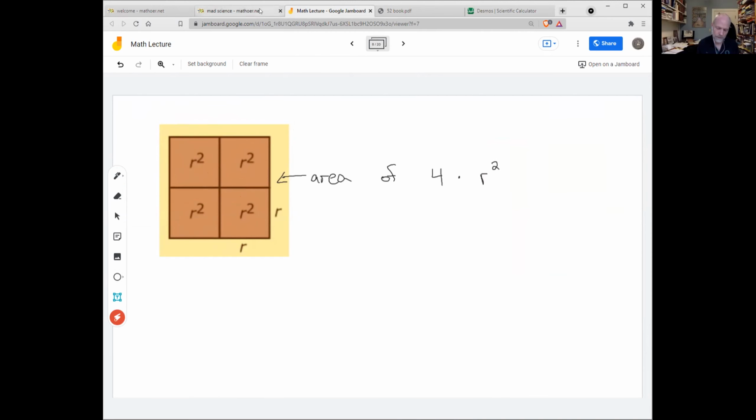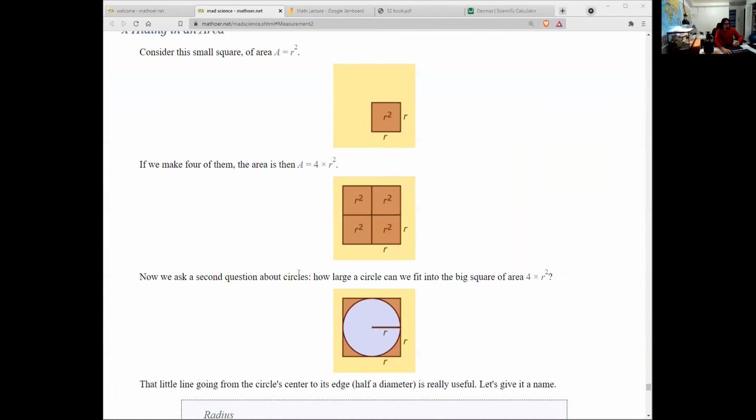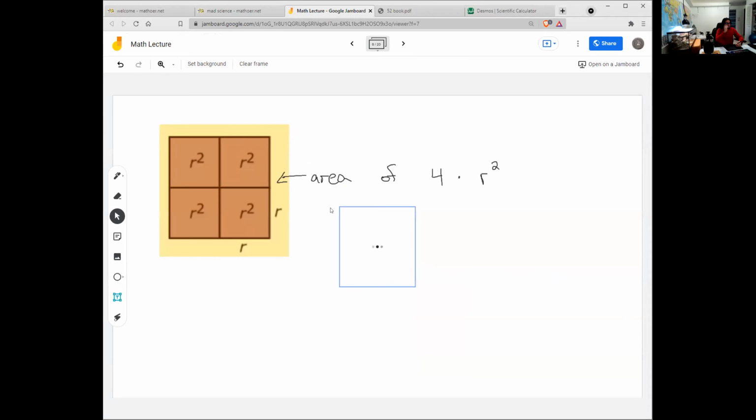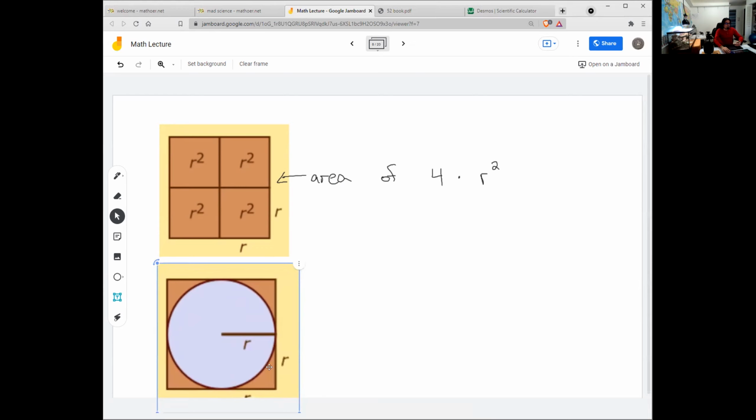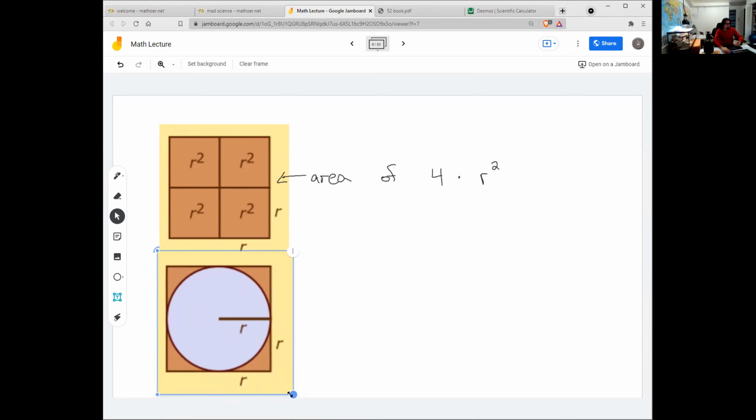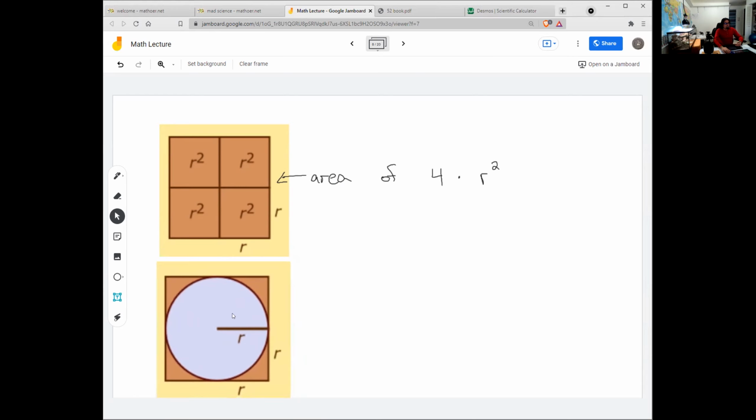Mhm. So now I'm going to ask a strange question. If I have this picture, I'm now drawing the biggest circle I can fit in my shape. How big is this circle? And now you can see why I picked r, because that's the start in the middle and go to the edge of the circle. r is for radius. And the answer happens to be that the area of this circle